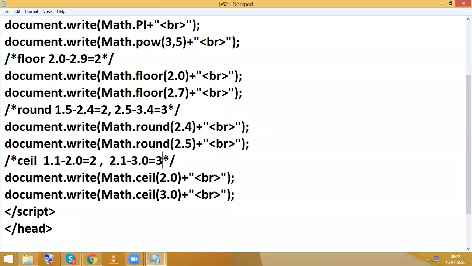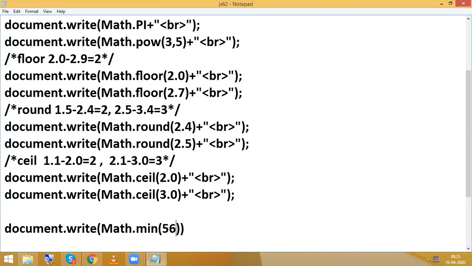Okay, so next we can find minimum and maximum numbers also. For example, document.write, Math.min, minimum. Now here 5, 6, 3, whatever it may be, the minimum number is 3.